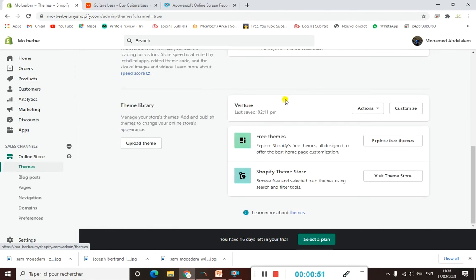And if we scroll down a little bit, we're gonna find here free themes and Shopify theme store. I don't recommend to go to free themes directly, but I personally recommend to visit theme store, because here you can see paid themes and free themes, and you can filter till you find the theme that you need or that you like for your store, for example. So the only thing that you have to do is to click on visit theme store,